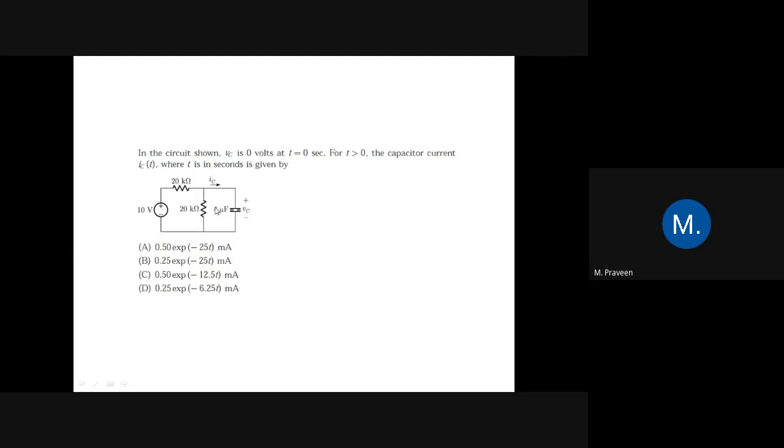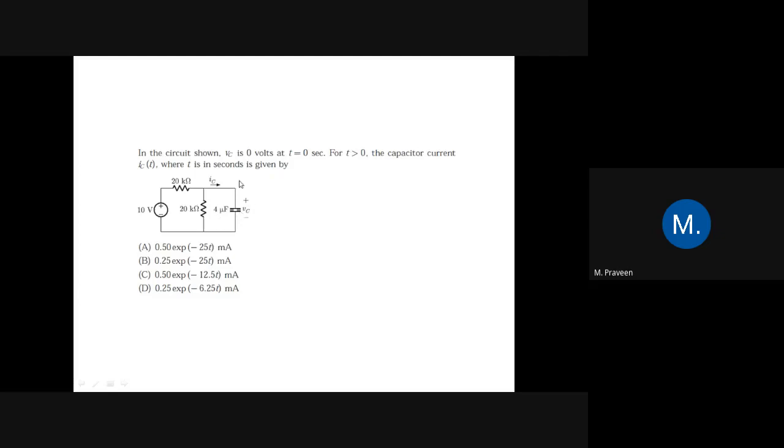So first we have to write what is the current flowing through the capacitor. So this is current, this is IC, which is the current flowing through the capacitor. VC is the voltage across the capacitor. So IC is equal to, we know the formula, IC is equal to C into dV by dt. So therefore here it becomes C into dVC by dt. Okay. So now we have to find what is VC of t. If you know VC of t, then we can substitute that value in this equation. So finally we can easily get IC.